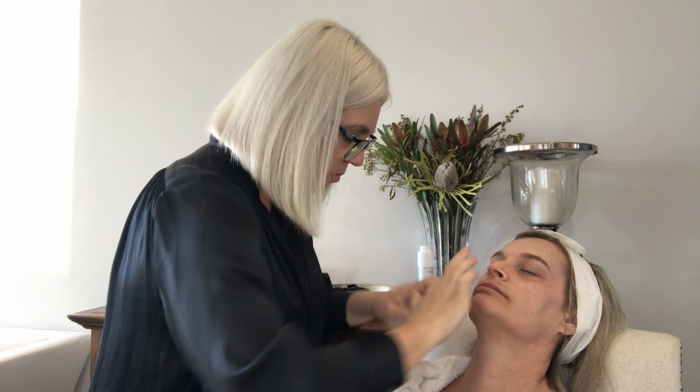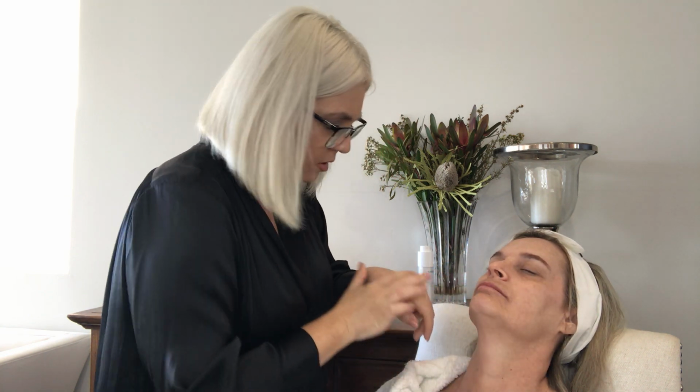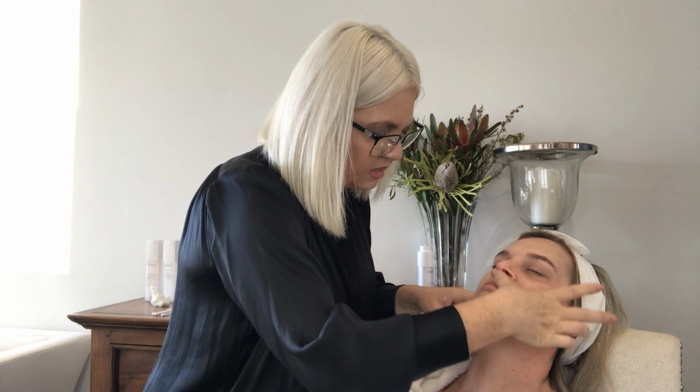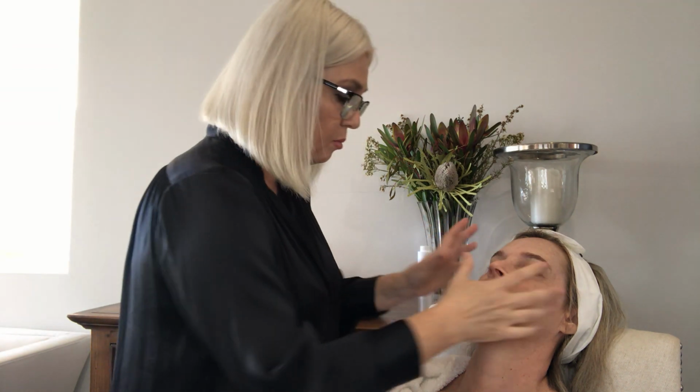And then the mouth is another area. Over the lips, top of the mouth, very fine skin, no natural oil flow. This just needs to go in the one direction. So it doesn't matter if you go this direction or that direction, but you're working with the big muscle around there, so you're looking to have a nice firm movement